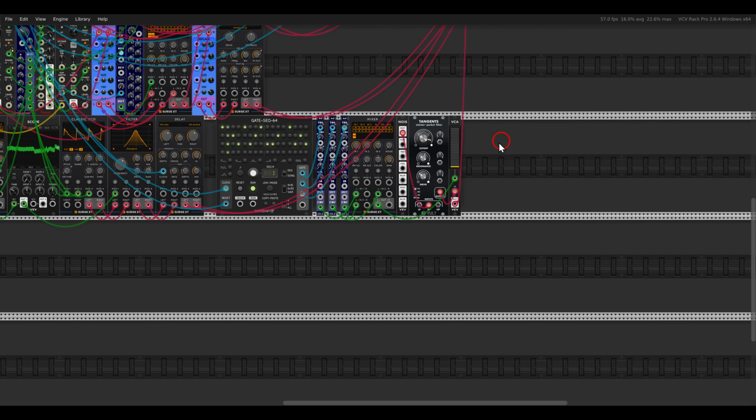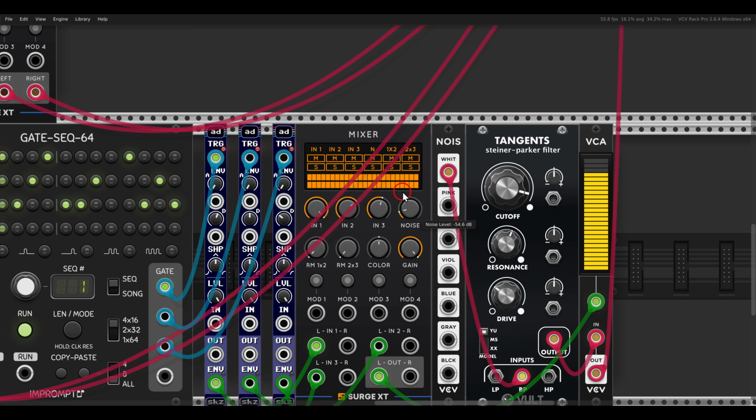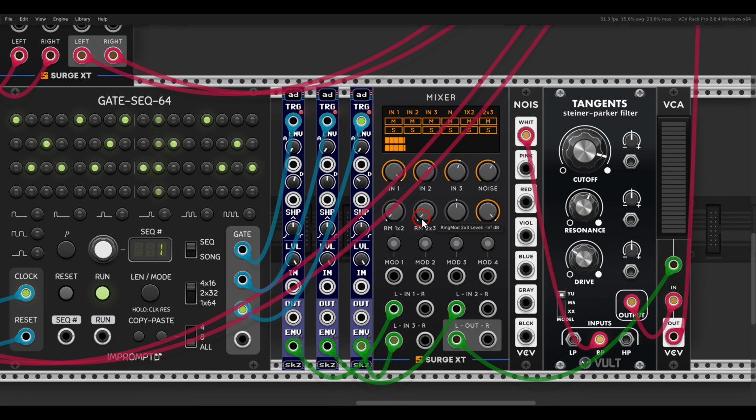Again, let's solo this. I just want to try this also with the noise. And with the ring modulation, whatever this will do to the envelopes, I'm unsure because they never happen. Actually, ring modulation does make sense because they never happen at the same time. So they are not really mixed. They are more combined. So ring modulation doesn't make so much sense here,